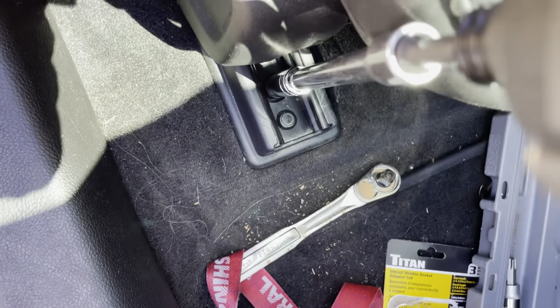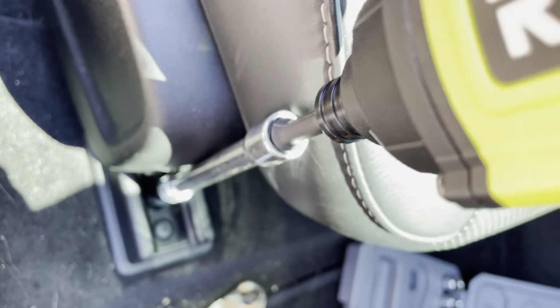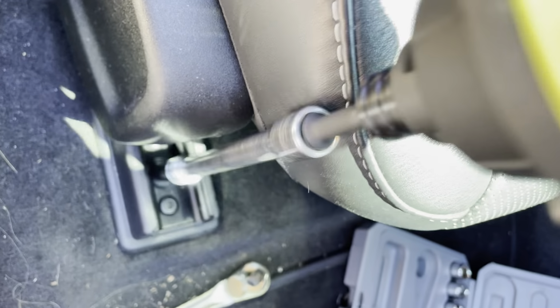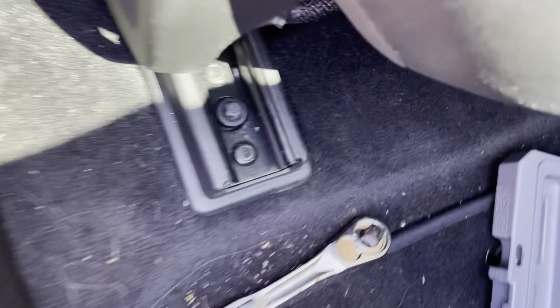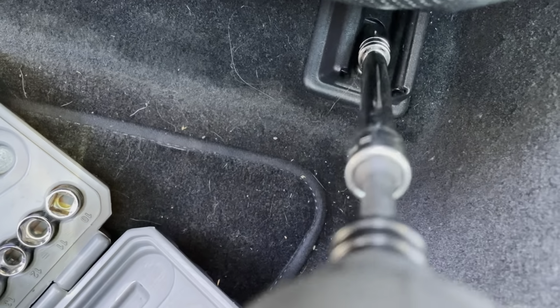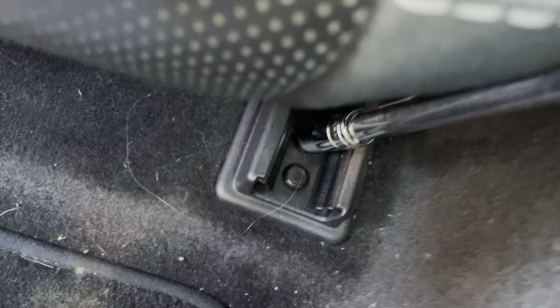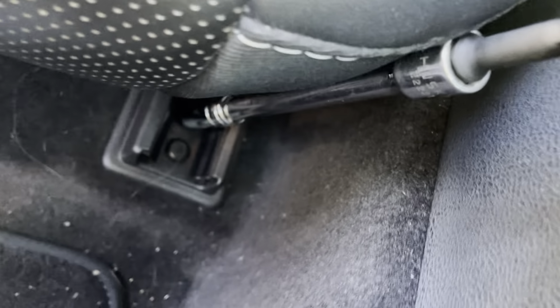So what you're going to need is an E14 socket, and that will line up perfect on there for you. I did have to get a long extension because it doesn't really fit too well in there, but once you get it on there, it just comes right out. We'll do the same process on the other front bolt here. These are on pretty tight, so if you want to do it with a ratchet, you're going to have to use some man muscle. But with the drill,